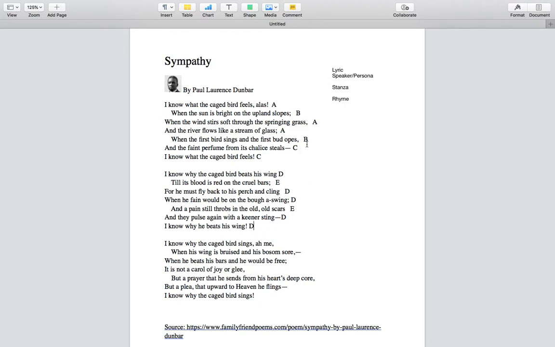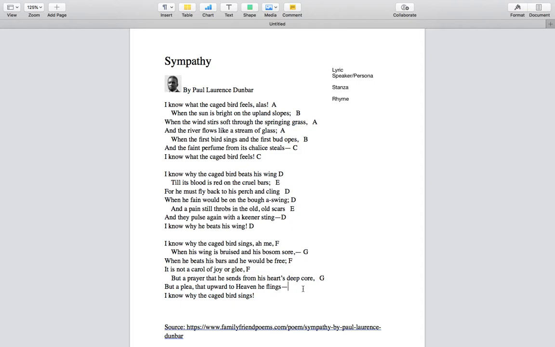So in this one, the form is slightly different, where here we have A, B, A, B, C, C. Here we have D, E, D, D, E, D, D. So it's actually an even more regular rhyme scheme here, right? And so to continue, the next line ends with "me," which is a new sound, so we would introduce a new letter, F, and then we have G here for "soar." "Me" and "free" rhyme, so we use F again, "glee" and "free" rhyme, and then we have another G sound,